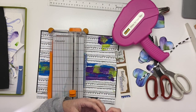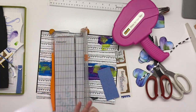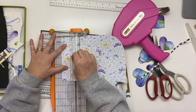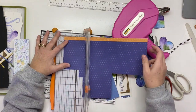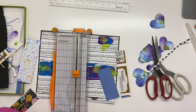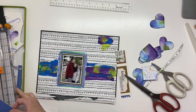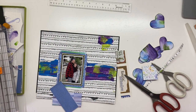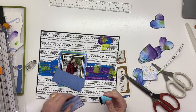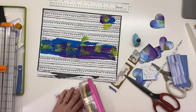And I know that they have to be 2 inches wide to fit in my tag topper punch. So I don't have the punch with me, but I'm working on getting the rest of it set up so that when I get home I can just easily add the tag top look to it by running it through the punch. And I know I need to do double-sided because I don't want to have the back of each of those papers showing. And then I'm going to ink those up with this little Prima inker. It's like a little chalk edger inker, and that is in, I believe it's called Farmer